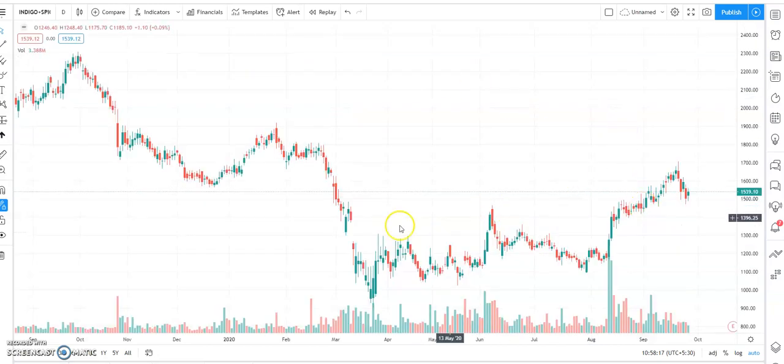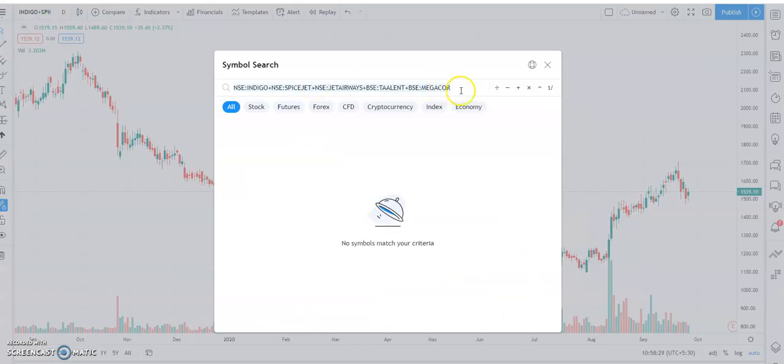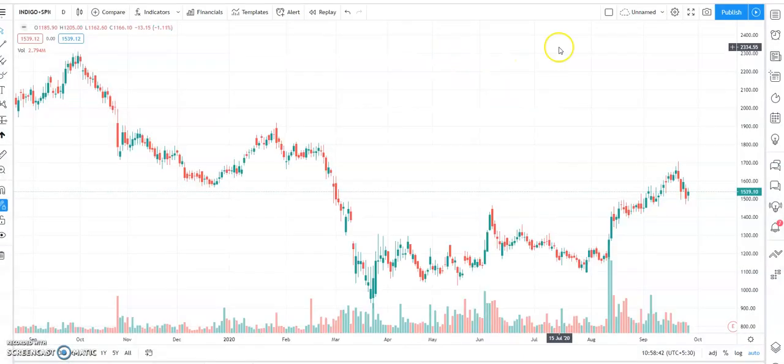And here you go. This is the chart of the airlines industry. So if you want to save this, what you have to do is just copy this, that is Control C. Go to this watch list and details tab on the right hand top.